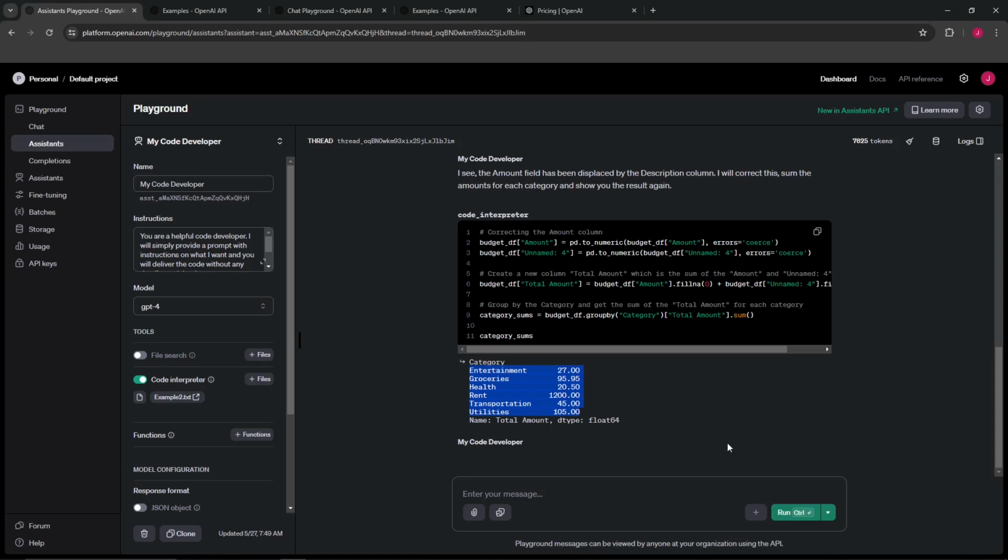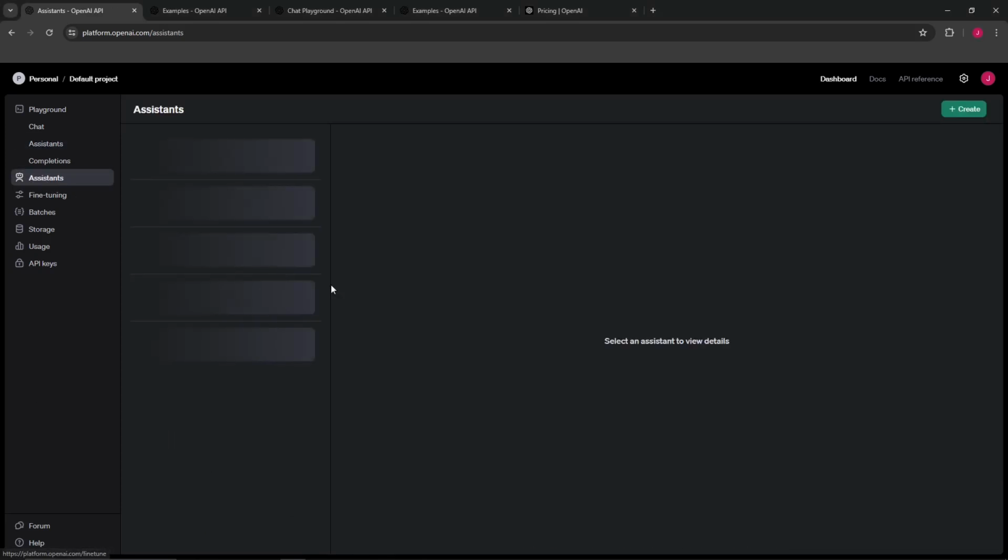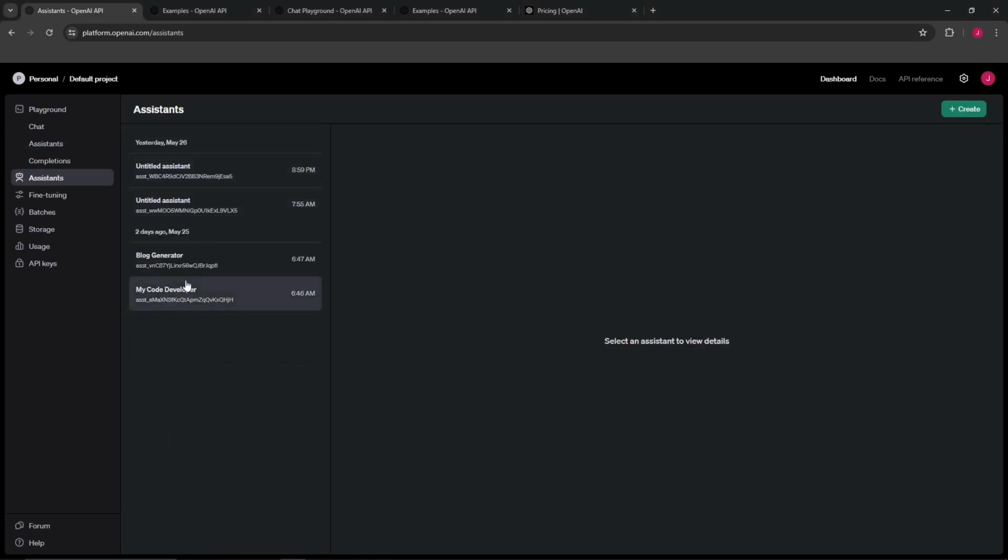So it's pretty cool. This is just a basic example, but that's why I think assistants are important, because you go in here and you could define the context or the instructions for this particular assistant or GPT to go ahead and do for you. So every time you want a certain thing, like in another example, I went in here in assistants and I created a